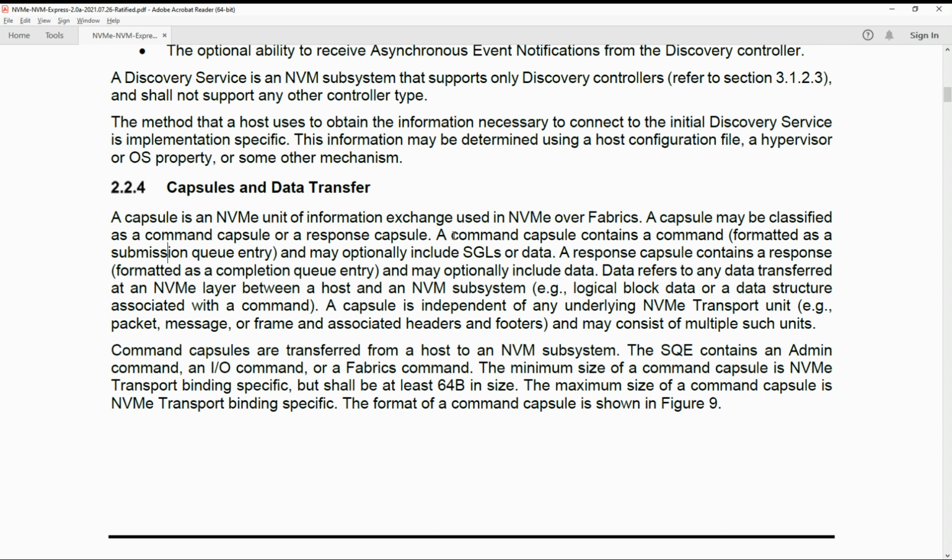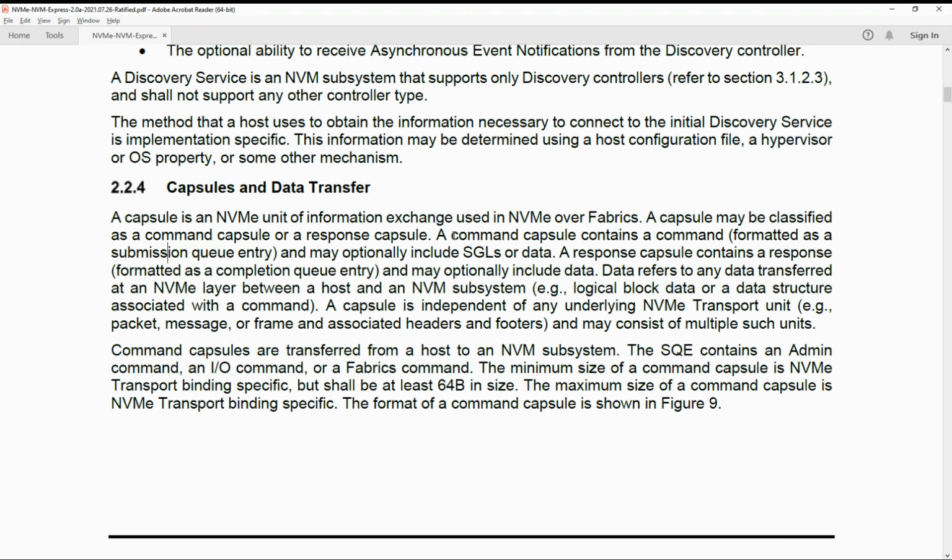Data transfer refers to any data transferred at an NVMe layer between a host and an NVM subsystem, for example, logical block data or a data structure associated with a command. A capsule is independent of any underlying NVMe transport unit, for example, a packet, message, or a frame and